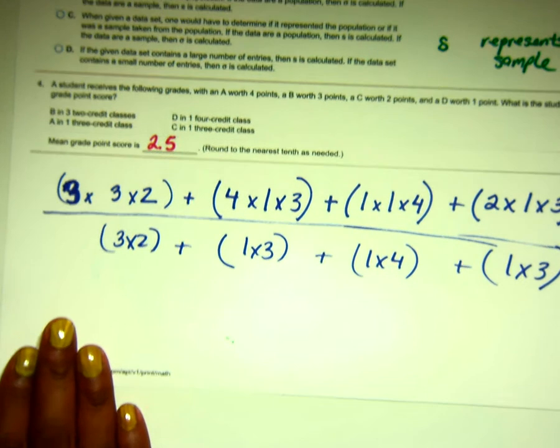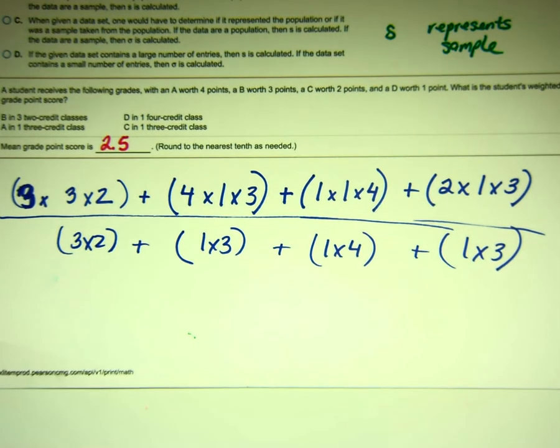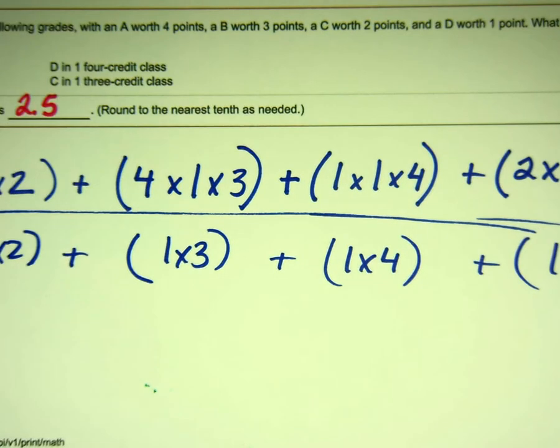So I'm going to take a brief moment to zoom in so you can actually see the point values for each grade. So our A is worth 4, a B is worth 3, a C is worth 2, and a D is worth 1. You can automatically assume that an F is worth 0. Across the top,